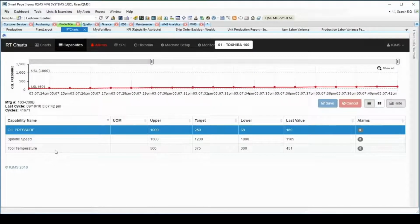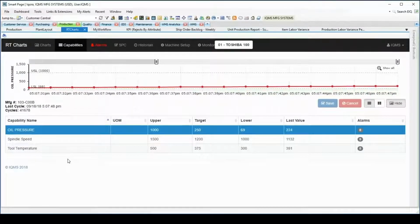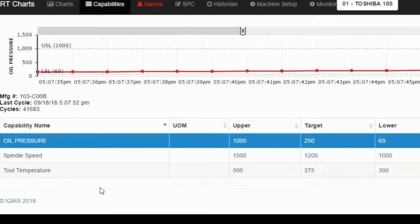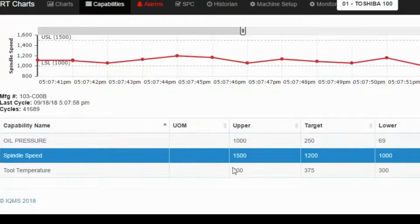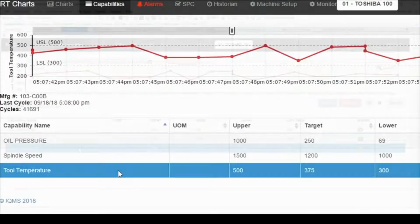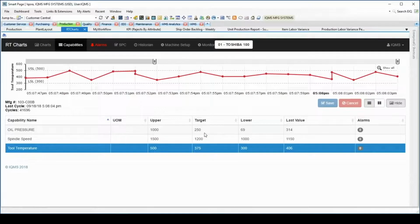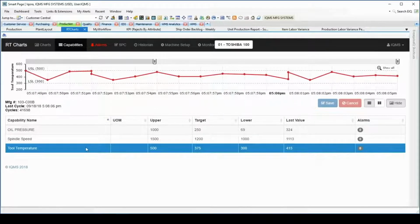This is a very small sample set. In reality, these could include hundreds, if not thousands, of data elements that are being pulled from the PLC. In this case, for oil pressure, we've set a lower and an upper threshold with a target parameter. The same has been set for both the spindle speeds and also with the tool temperature. We can then track the activity on the machine in real time, and the PLCs will generate live data points